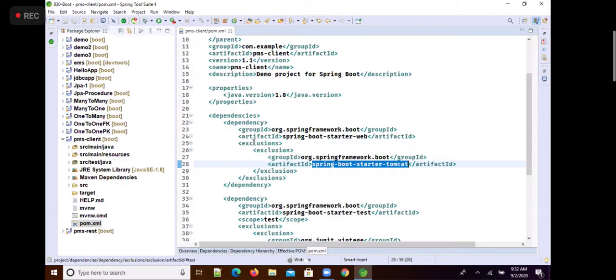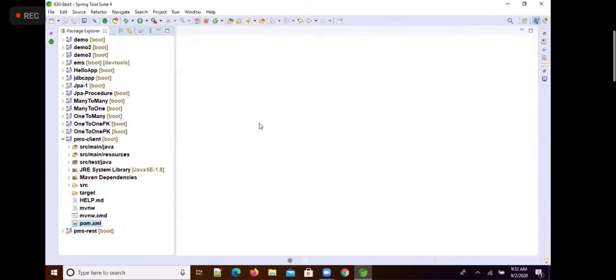So when you want to exclude any particular dependency from another dependency, this is the tag to add exclusions. And these exclusions have a child tag called what? Exclusion. Exclusion tag contains what? Group ID and artifact ID. Right? Now it's completed. Now next.